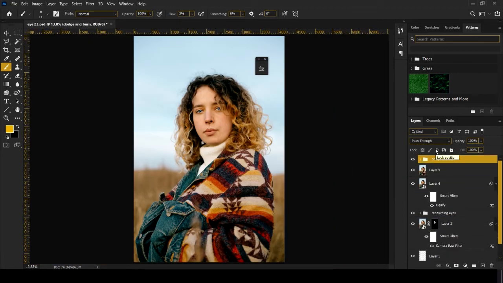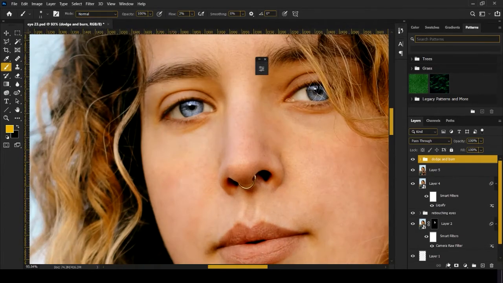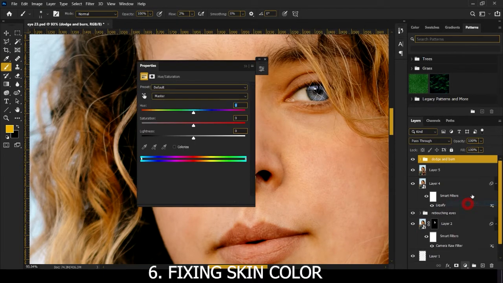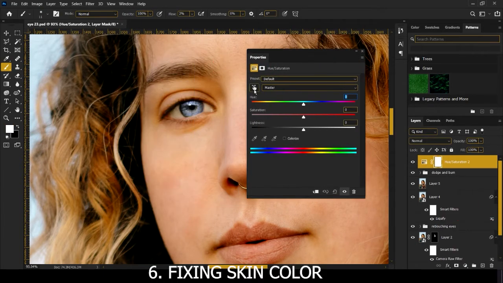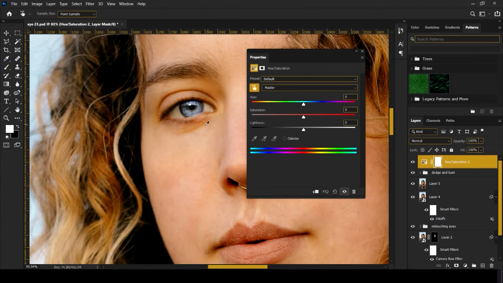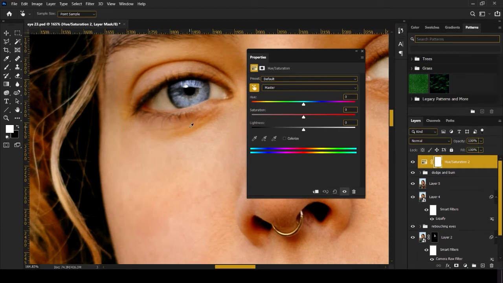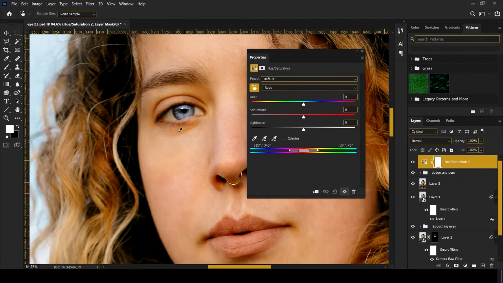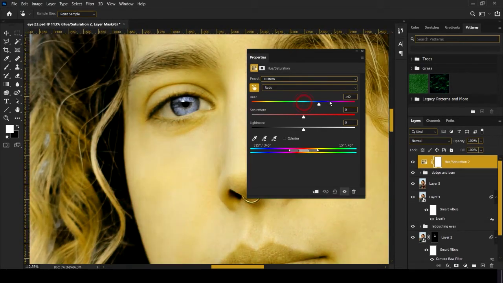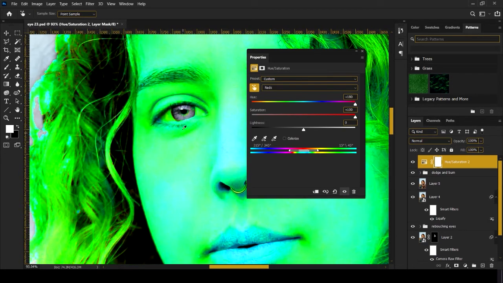Our very next step, let's delete this layer. So in this step, we will be correcting the colors of the face. So like here we have some orange. So for this step, we will click on hue and saturation. Select this pointer tool and click on the area which has the color different. Click here. It will automatically sample the color, and then increase the hue to 180 and the saturation to 180 to look into the areas which we are targeting.